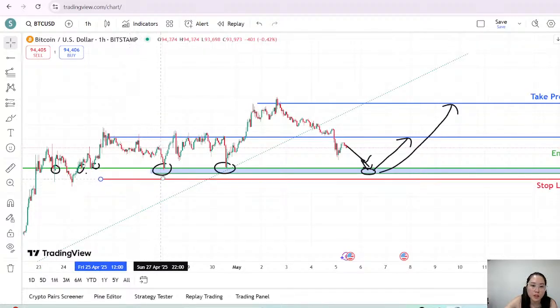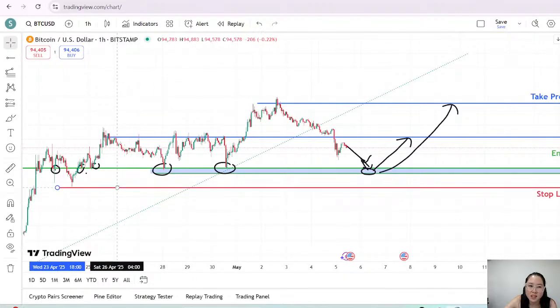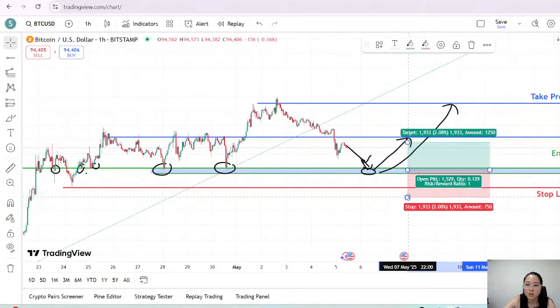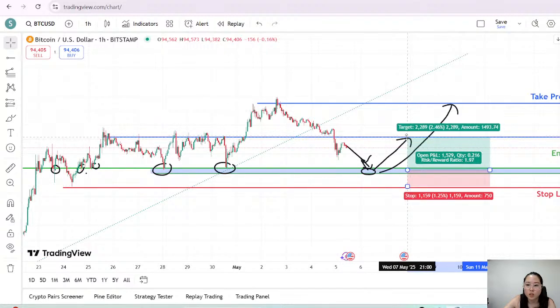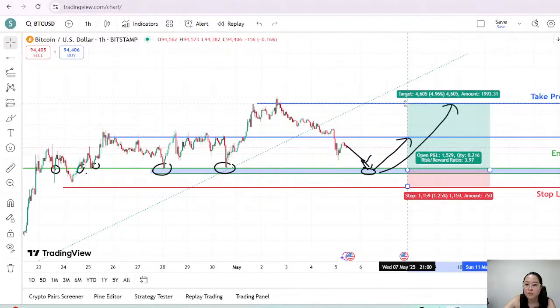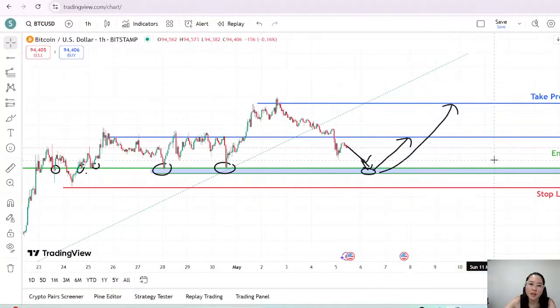So let's say you put your stop loss here, but on your trade, it might get triggered because of the spread. So I'm just giving you guys a little bit more space with the stop loss. Let me see what kind of trade we're looking at. 2 if you're doing this trade, and 4 if you're doing this trade, which I think both are not bad. It's not amazing, but it's not bad, right?